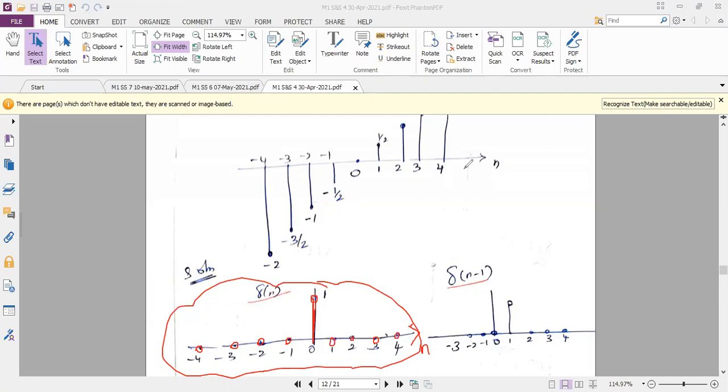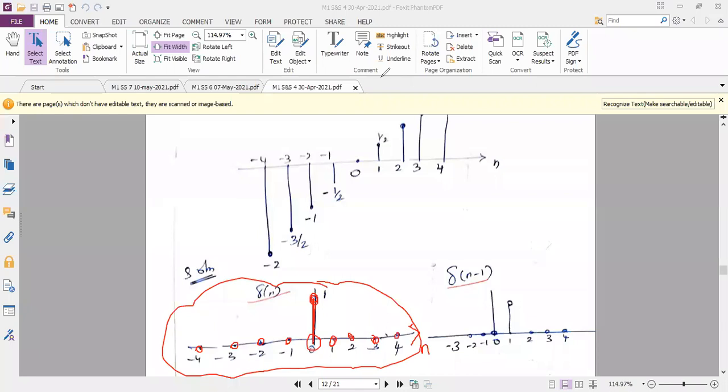You have to remember this. Like u of n, you know how to plot u of n. U of n means like this. On the positive side, you will have the amplitude. You will plot like this. The same way, you should know how to plot delta of n. Delta of n, I am repeating, will not have any bandwidth. That's why it is called an impulse. Impulse means you do not have any bandwidth here. You have just a single line, where at n equal to 0 the amplitude is 1. At all other places, your amplitudes are 0. The samples are 0.